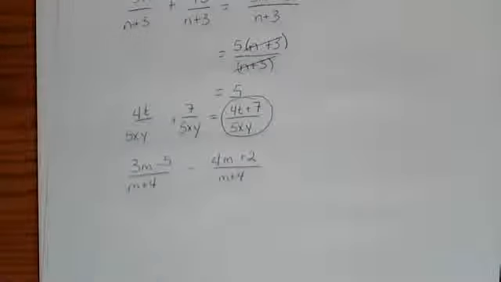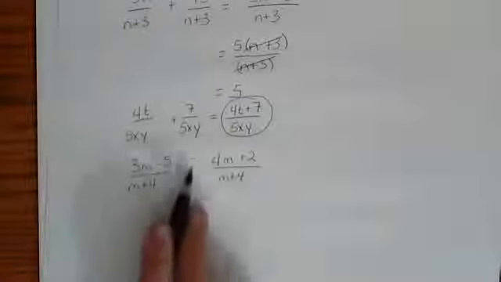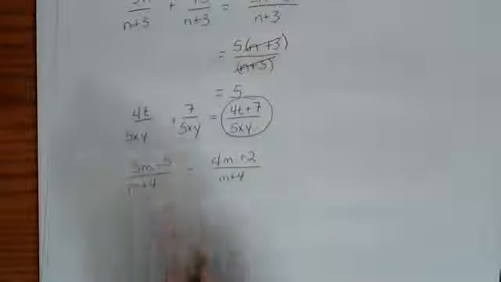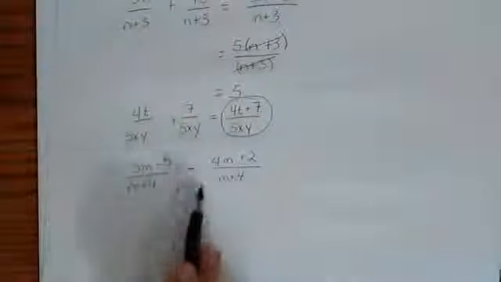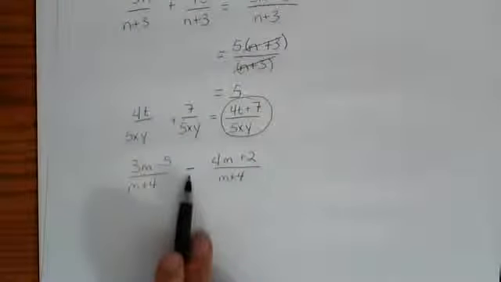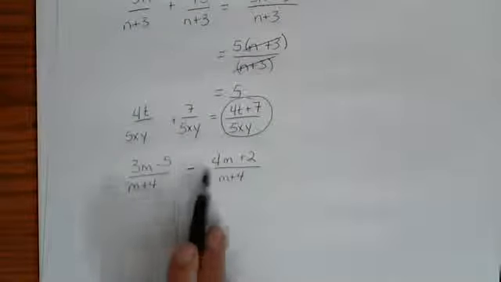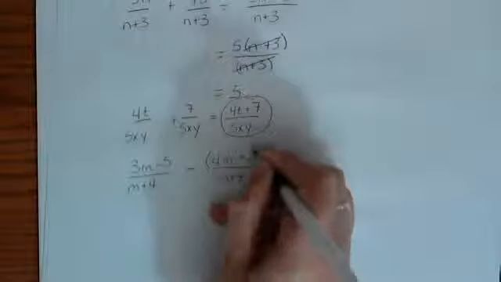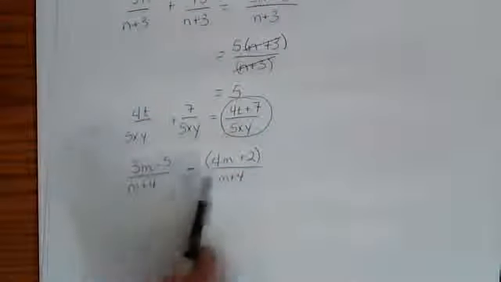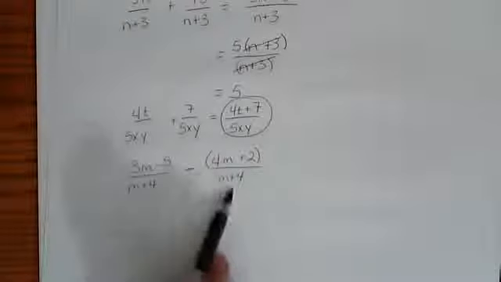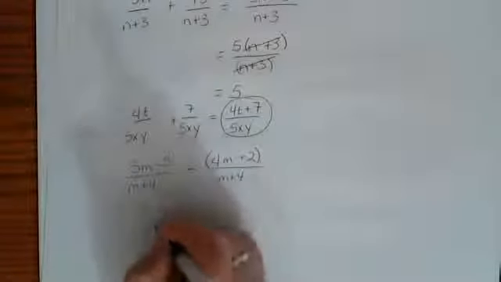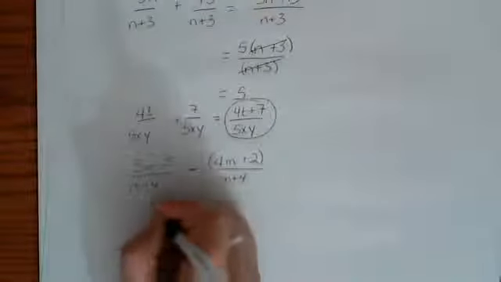When we have a problem like this, and we've got our minus sign here, the only tricky thing with subtraction is that when that minus is written in the middle, it has to apply to this entire numerator. So we have to be sure to use the distributive property here. But we already have the same denominator, so I'm going to just write that down, m plus 4. I've got 3m minus 5